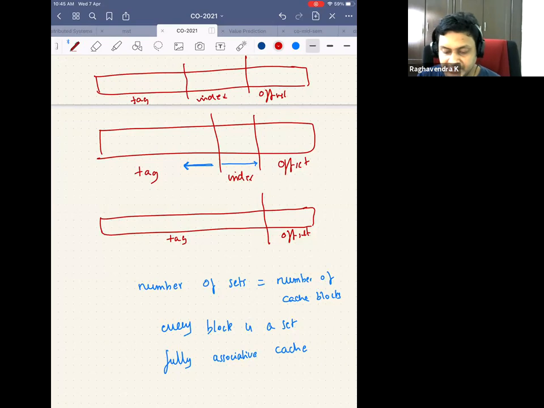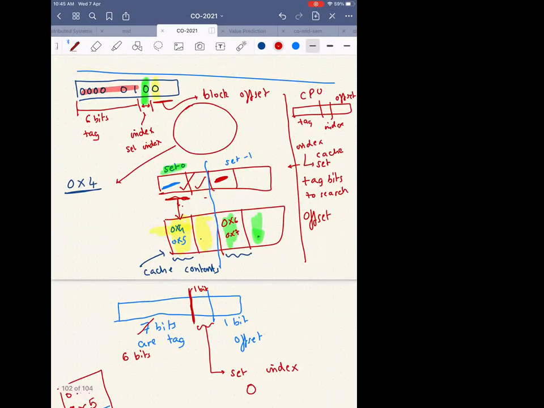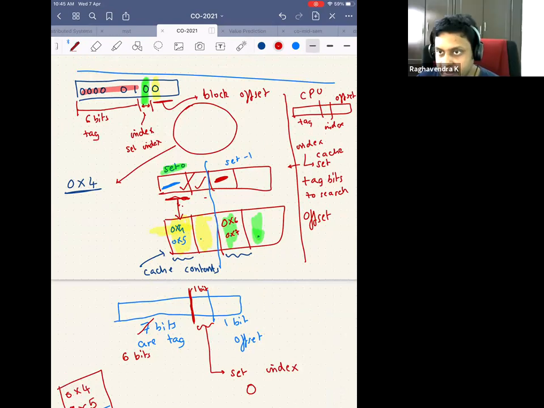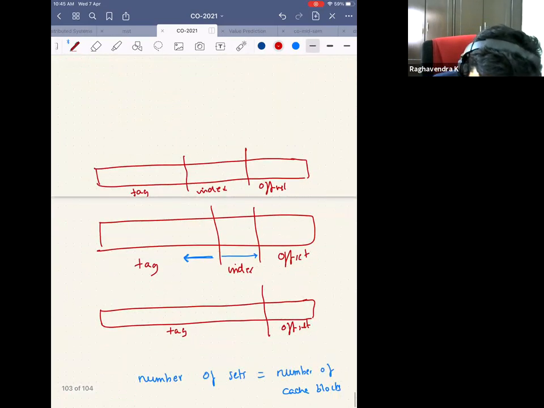When can this happen? In this case, how many sets is possible at the maximum? 4. 4 sets, right? Like I can have 4 sets here. So this is one set, this is one set, this is one set, and this is one set. So there are 4 sets possible here. Right? So I will consider each block as a set. So this is called direct map cache.